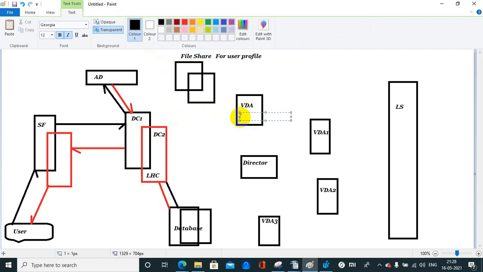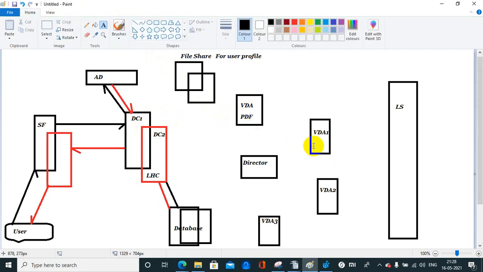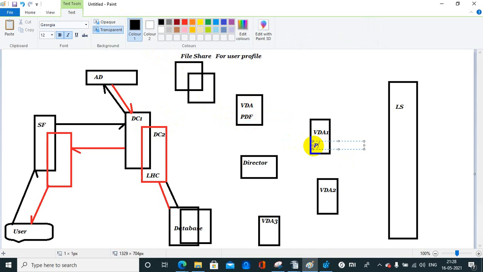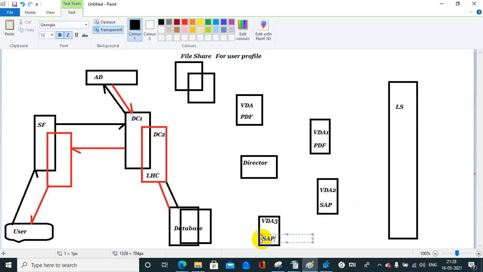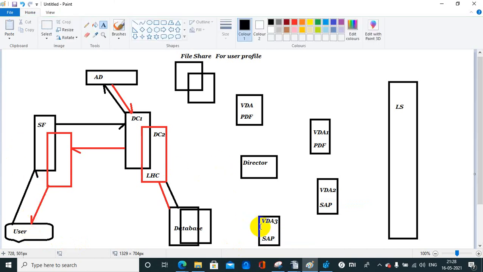Like suppose the user has access to PDF or SAP. I am putting two servers for SAP. And the user has clicked on the SAP application. So DC will check how many servers SAP is hosted on. It finds it is published on 2 servers.